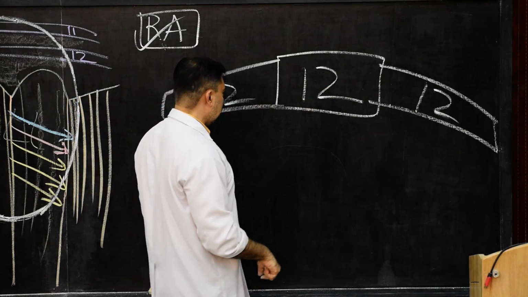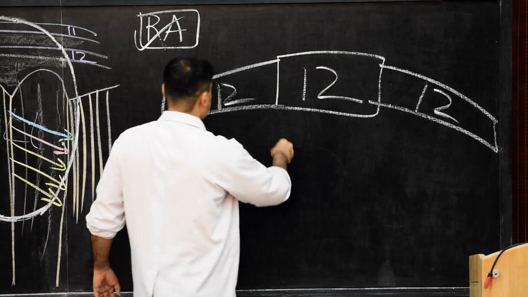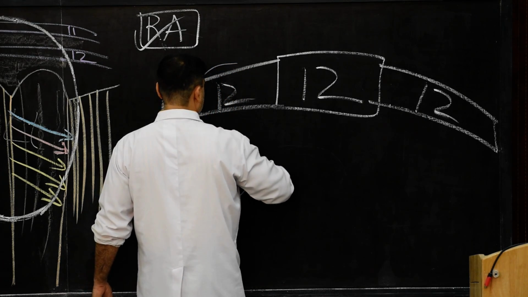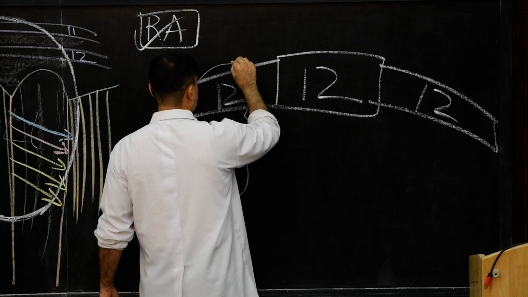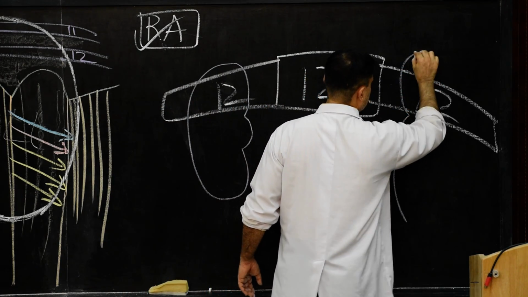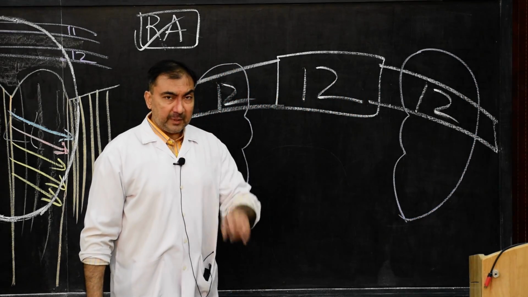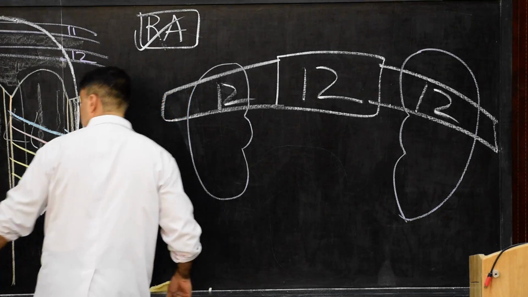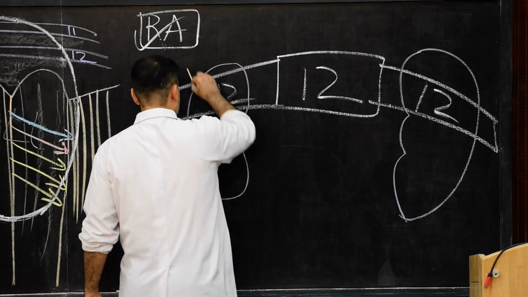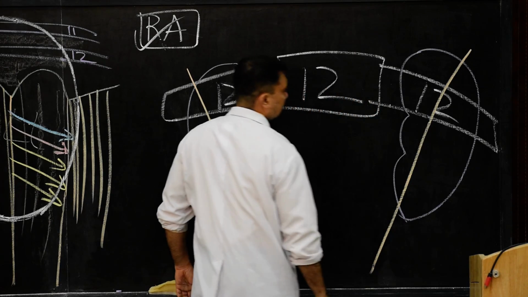Now with the help of a line diagram, I am going to show the kidneys. So here I will draw both sides. Now these are the kidneys of both sides. Then I am going to show the erector spinae muscle. So this is the lateral border of erector spinae of one side, this is the lateral border of erector spinae of the other side.